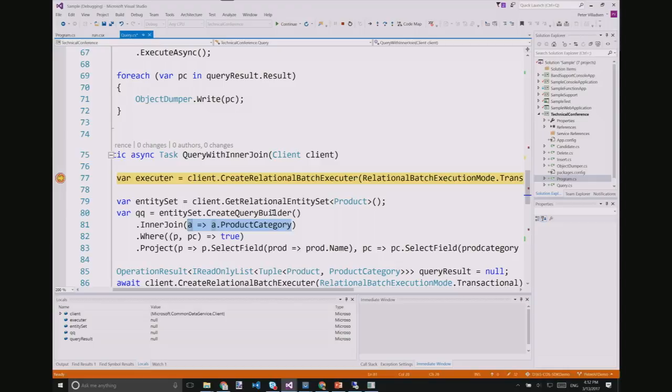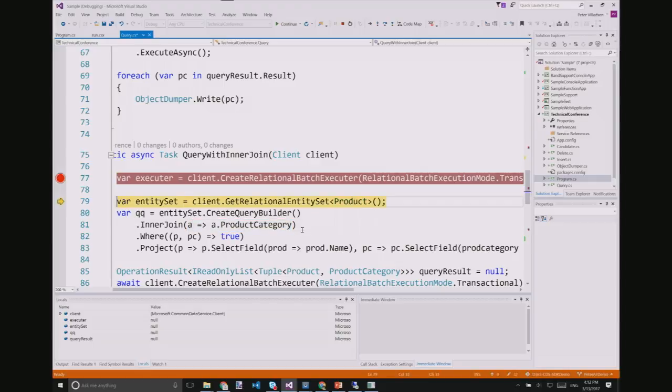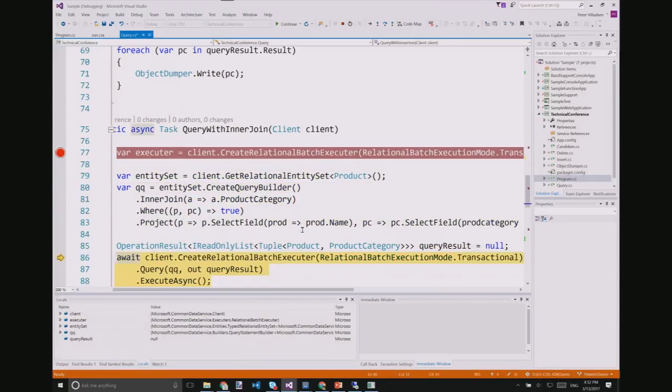That is dealt with underneath the covers by our system. I didn't put a where clause there, but that's fine. So again, the same thing here. This is interesting. Here there is a list of tuples of product and product categories. So these are lists of pairs of these two.